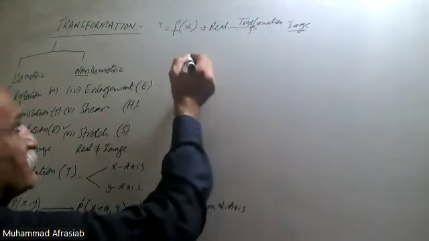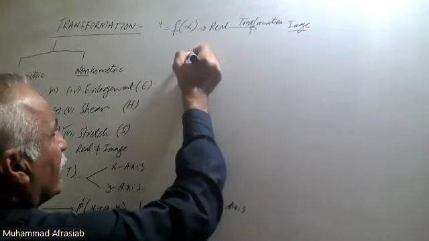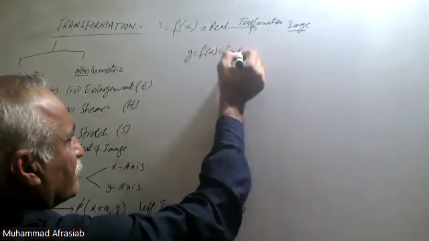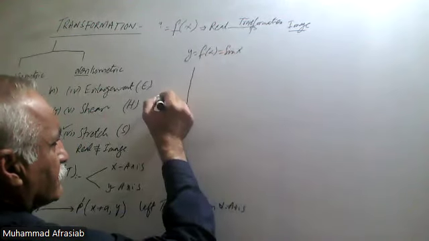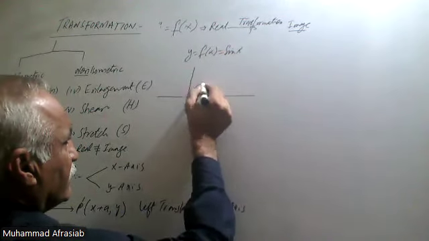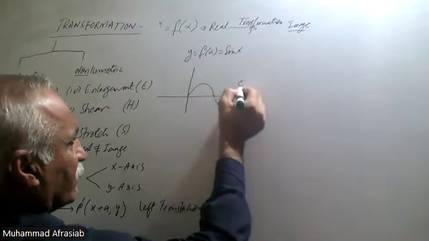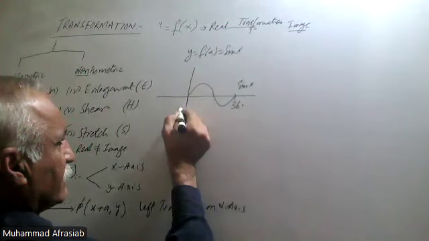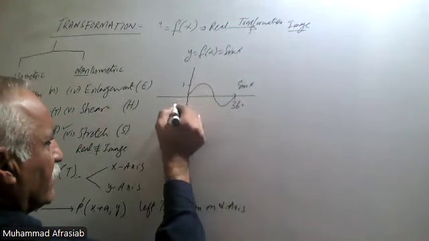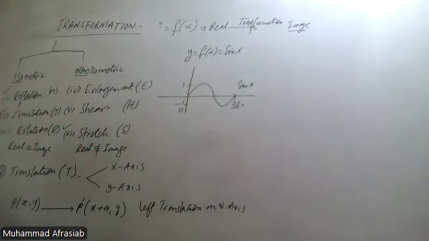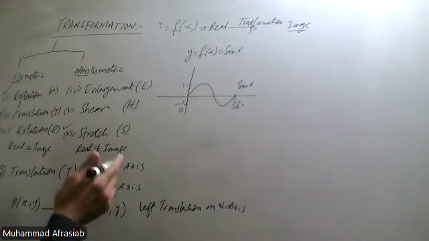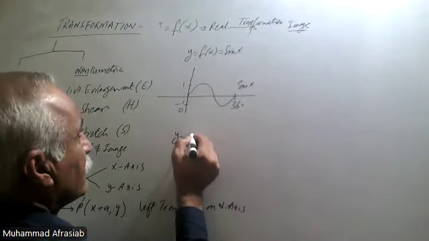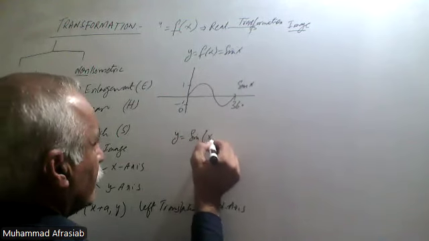For example, y is equal to f of x is sine of x. We know that this is the graph of sine of x up till 360 and it's 1 and minus 1. Now we have to draw the graph of y is equal to sine of x